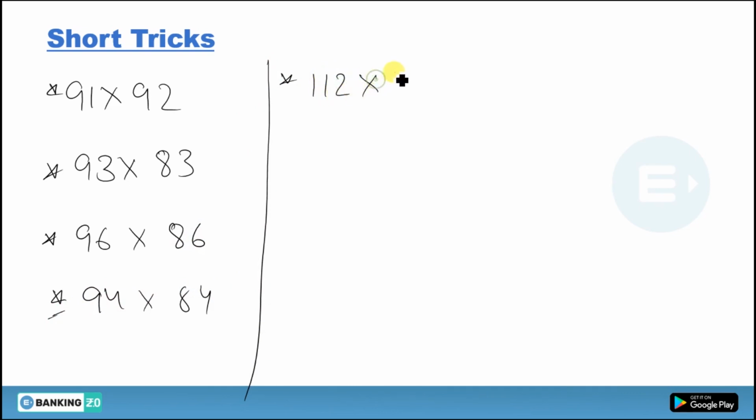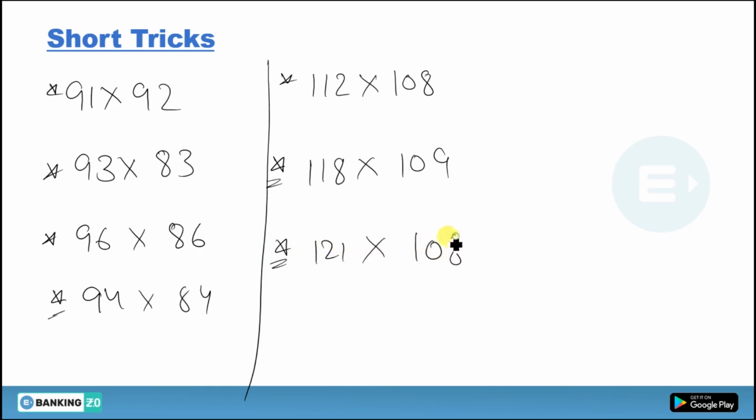1012 into 108. Next, 1018 by 109. Now 121 multiplied by 108. Next, 117 by 106. So do this. And last one,